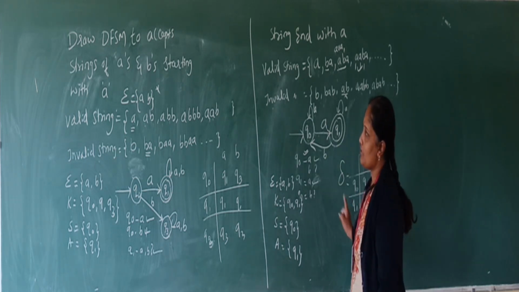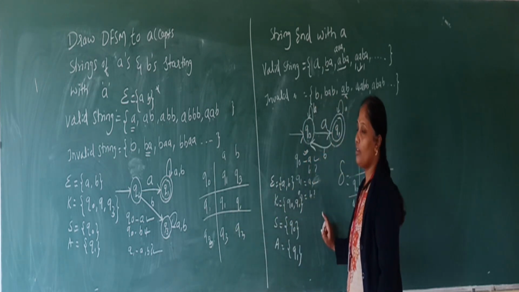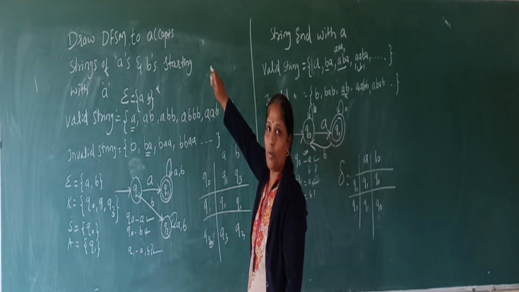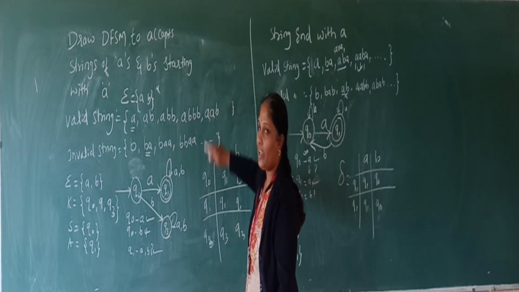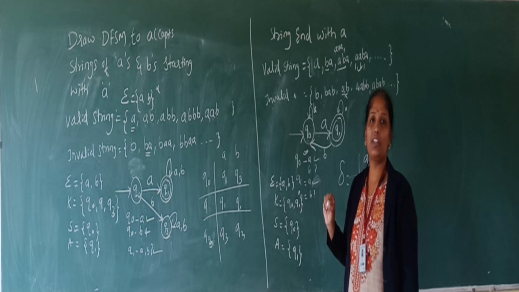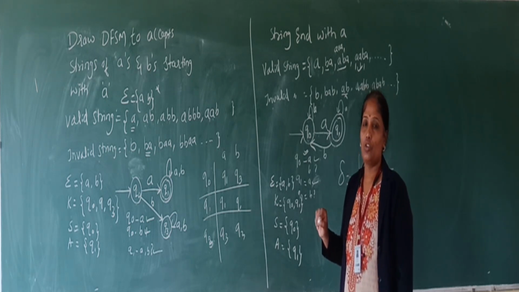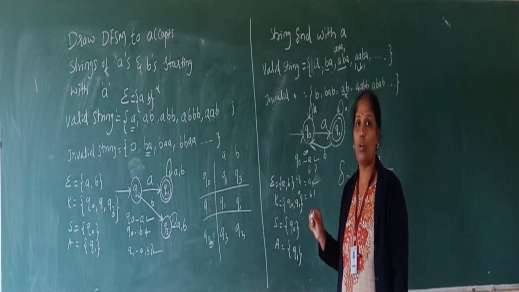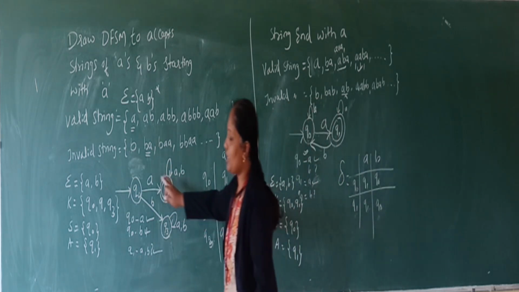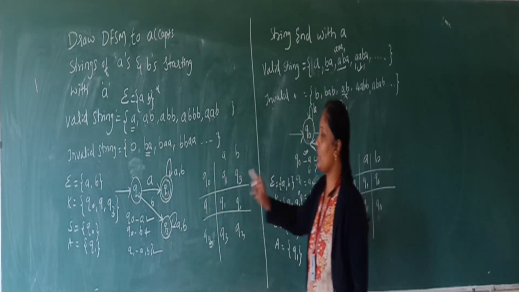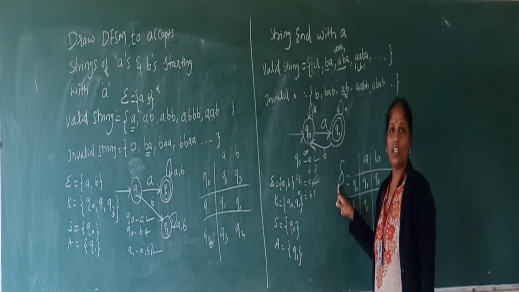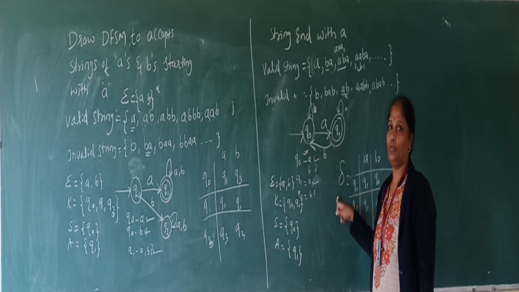So this is the transition function. Check out these two DFSM. See here, a little bit of the statement I had changed. Based on that I had drawn the DFSM, so you'll get two different DFSMs. Based on the given statement, the DFSM gets changed here. If you change even a single character or single word in the given statement, the DFSM will change. Here 3 states will come, here 2 states will come. This is the DFSM which accepts the strings that start with A. Here is the DFSM which accepts the strings that end with A.